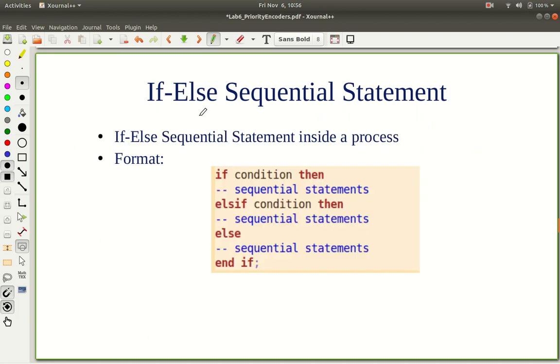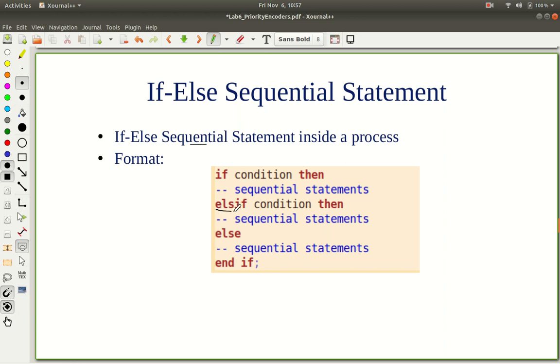So let's see how you use the if-else type of statements within a process. If-else, when used inside a process, acts like a sequential statement, and they are interpreted in sequence. So the format is like this: if condition, then some sequential statements, else if.